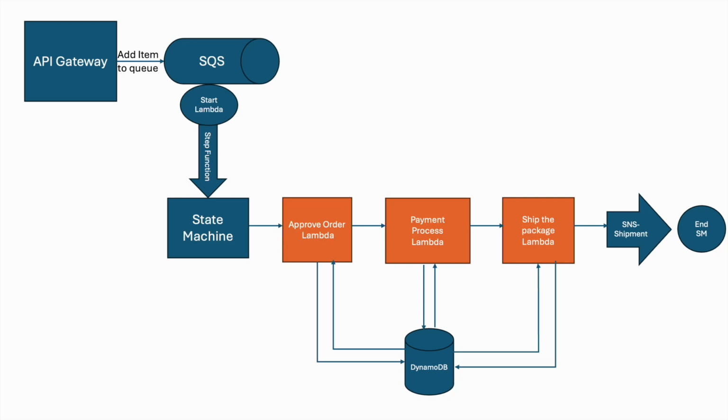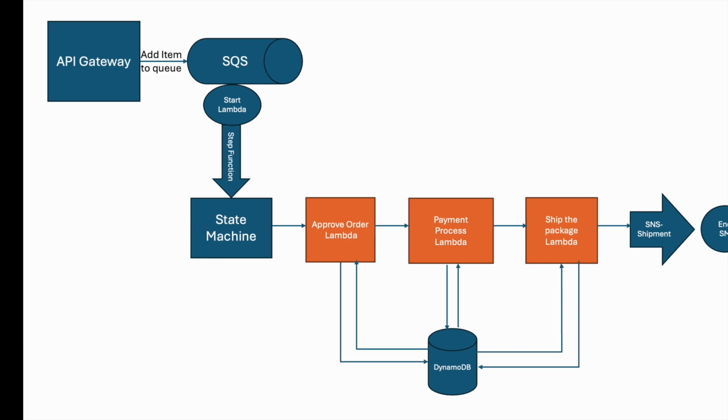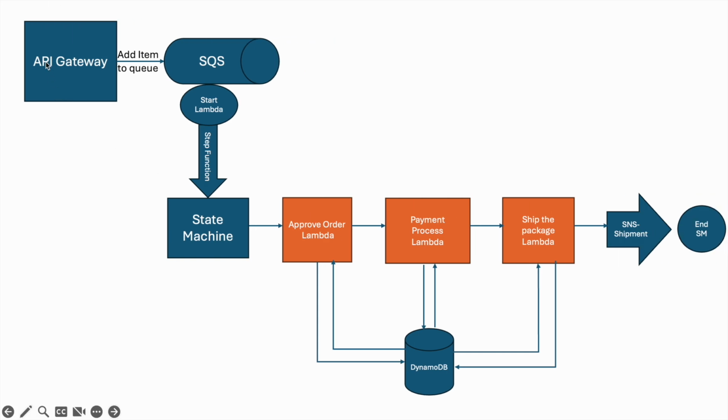Hello guys, this is the quick demo of the food order application that I have created using AWS backend. So here we are making use of message queue system as well as serverless architecture as our backend. To start off, we have created an API by using API Gateway, and when an order is placed by using